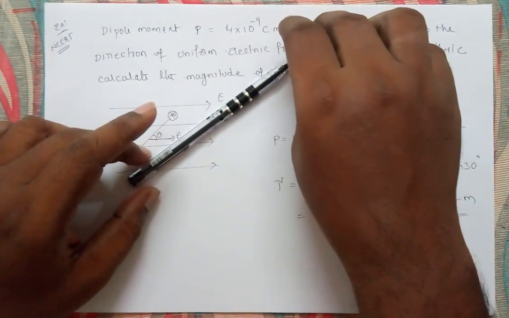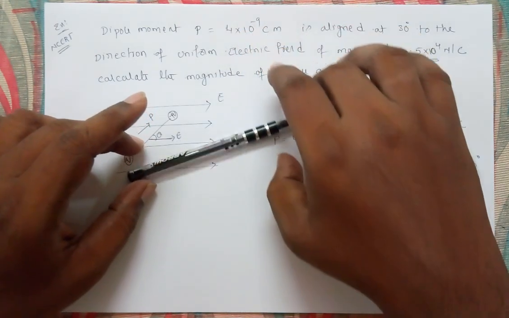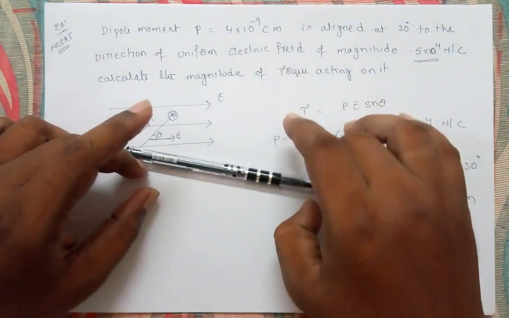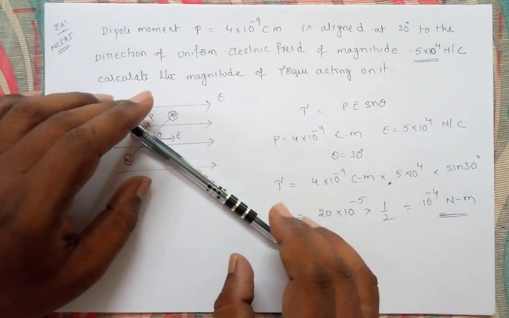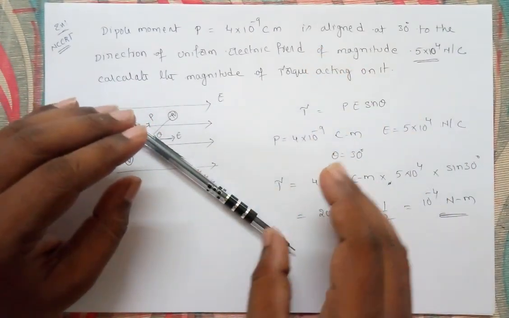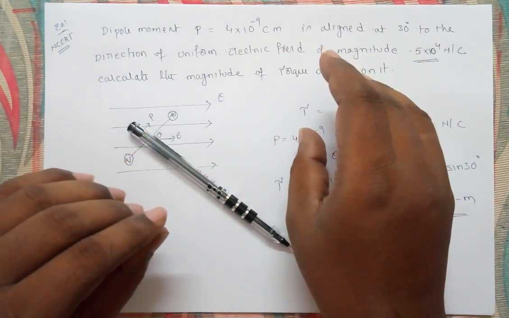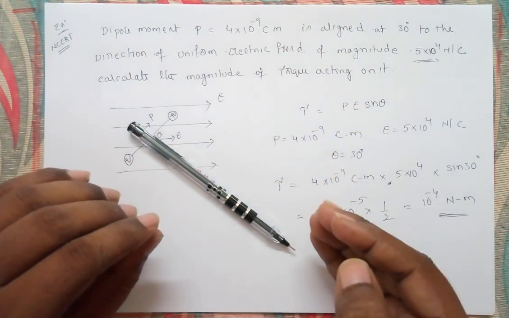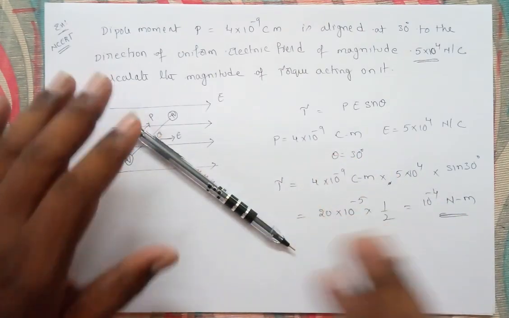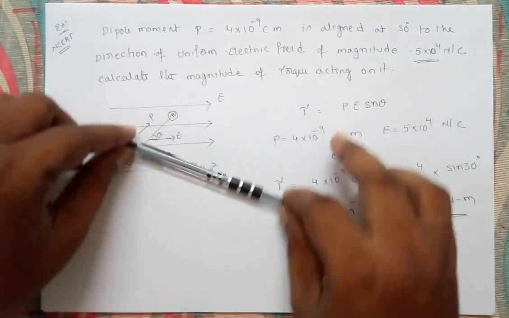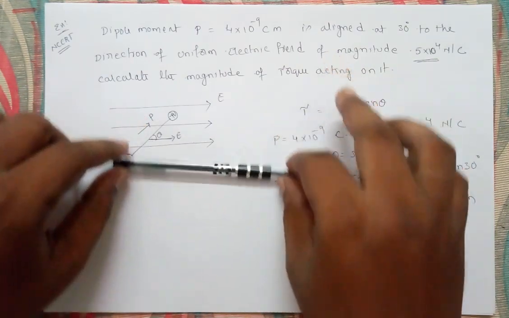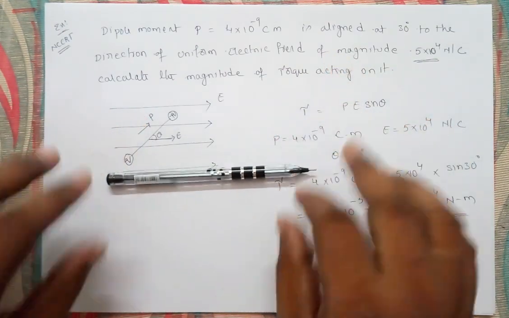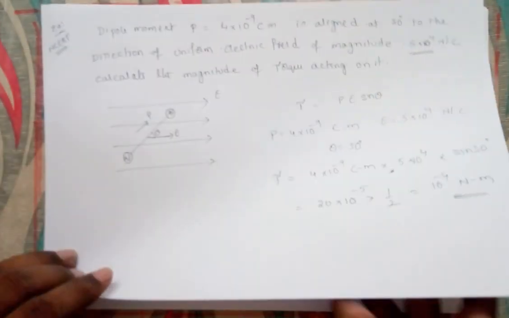So when torque is trying to bring it back, because of inertia, what happens? It goes to this side. Again torque tends to bring it to this side. Again moment of inertia will try to bring it to this side. Torque tends to bring it back to the field direction, while moment of inertia tends to move it in the opposite direction. Like that, it makes some oscillations. These oscillations are called angular oscillations. What is the time period of these oscillations? That is the thing we will be discussing now.